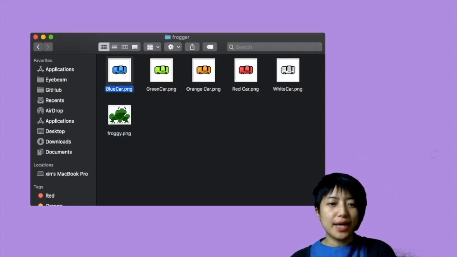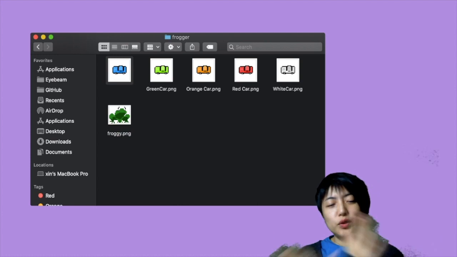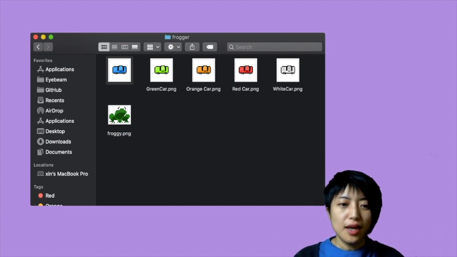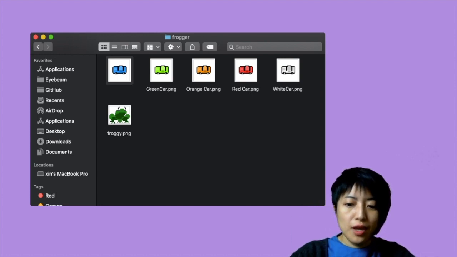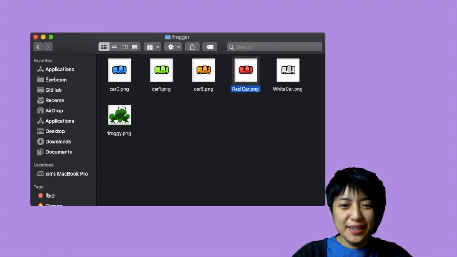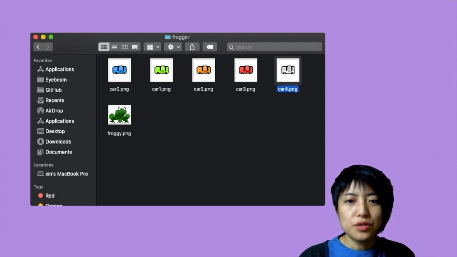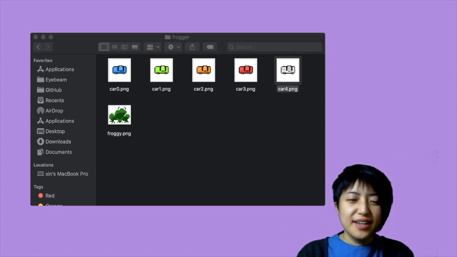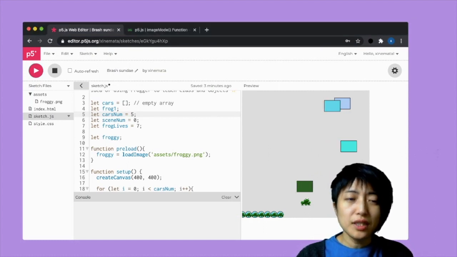What we have to do now is rename every single car that we want to include in our car image list with a similar name followed by a different number. So for example, car0.png, car1.png, car2.png, car3, car4. Okay, cool. So now that I have my cars named sequentially, I'm going to come back to my folder,